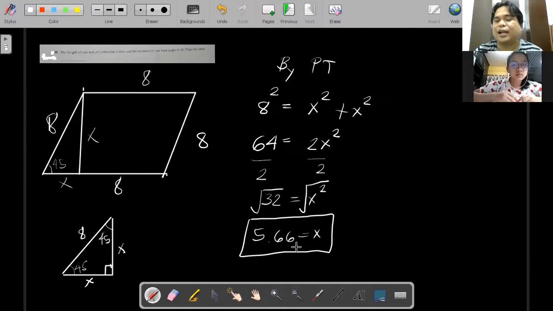Now, what is the significance of solving for x? Okay. Now, we already knew that the two simplest ways of solving for the area of a rhombus are, first, the altitude or the height times the base, right? We already have the base. We don't have the altitude. That's why we solve for x. The other one is 1/2 times first diagonal times second diagonal. But since we didn't deal with the diagonal, let's forget the other formula. So let's just conform to the formula called